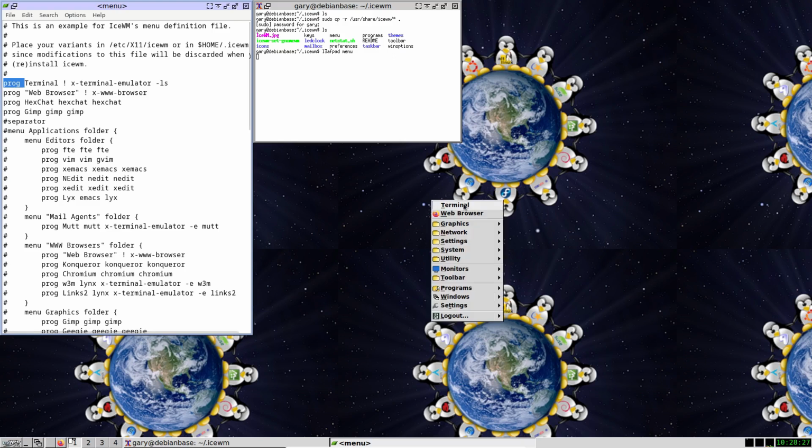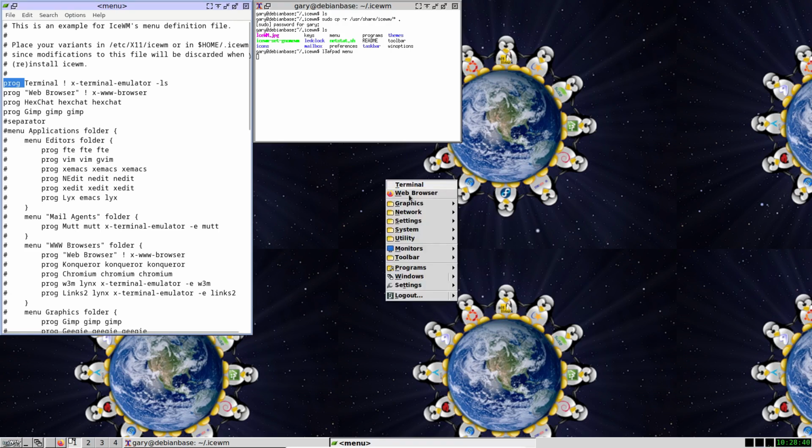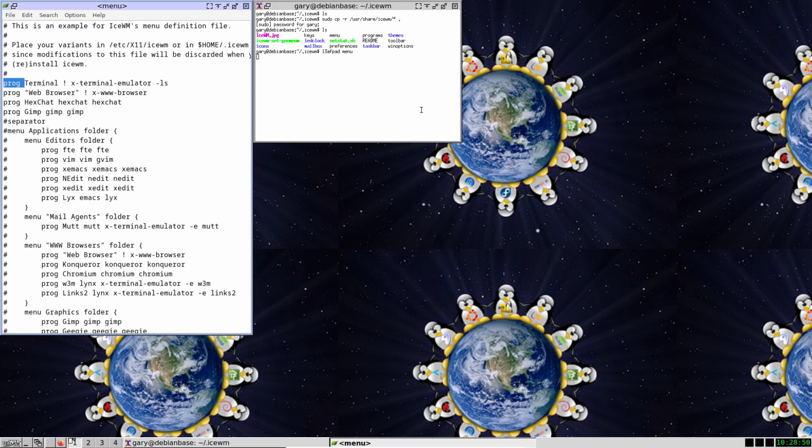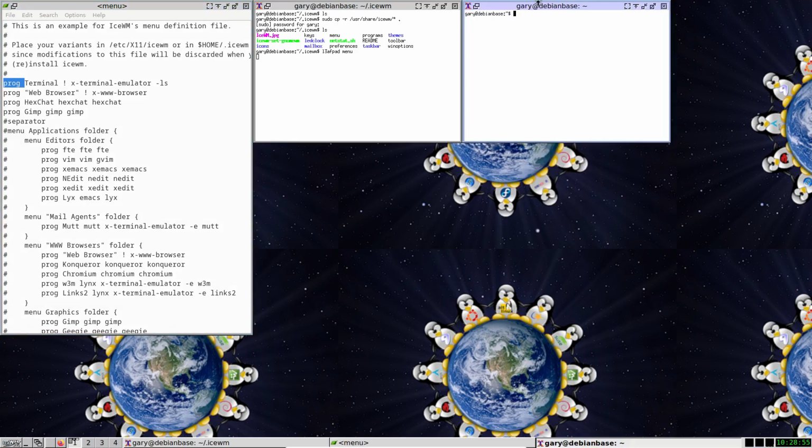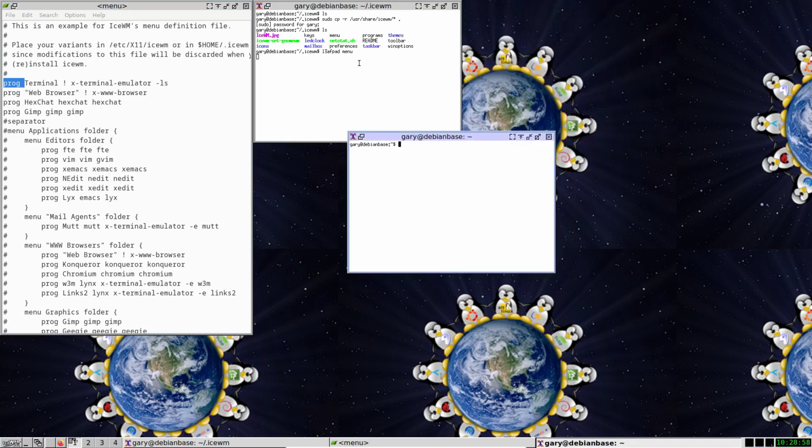So you can see terminal, and then we've got one for web browser, which is there, and then we've got one for HexChat and GIMP, but we haven't got those installed, so they're not appearing on the menu. But if I install HexChat, I'm going to open up another terminal so we can do that, because I've opened up LeafPad in foreground mode. So if I do sudo apt install HexChat,